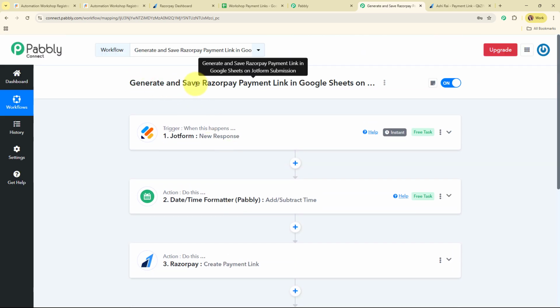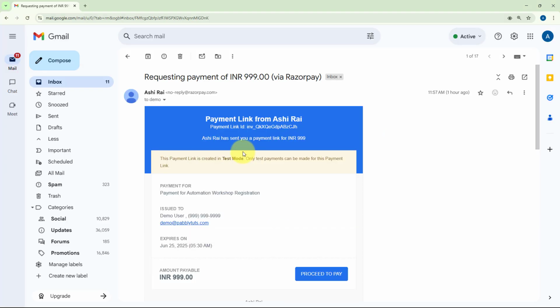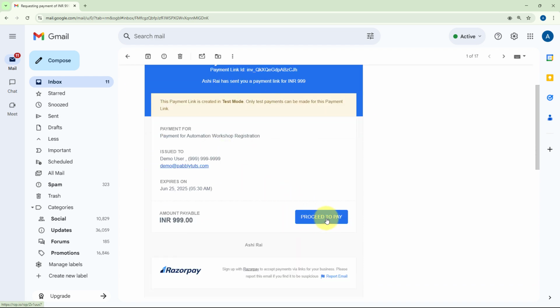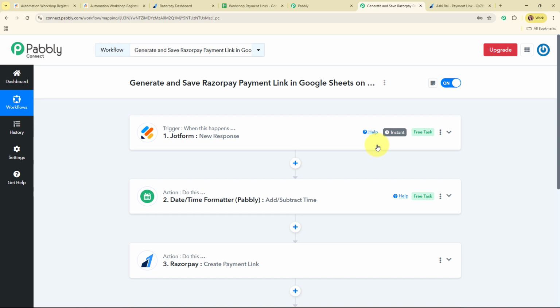Alright, so these were the steps to how to generate and save the Razorpay payment link in Google Sheets on Jotform. And here let me also tell you that automatically Jotform sends the particular payment link generated to our customers via email and SMS. So here let me show you the email received on our customer's email address. Alright, so this is the customer's email address, and here you can see the mail that our customer has received with the subject as requesting payment of INR this rupees, and here you can see the entire payment link over here. So with this we have successfully set up the entire automation,